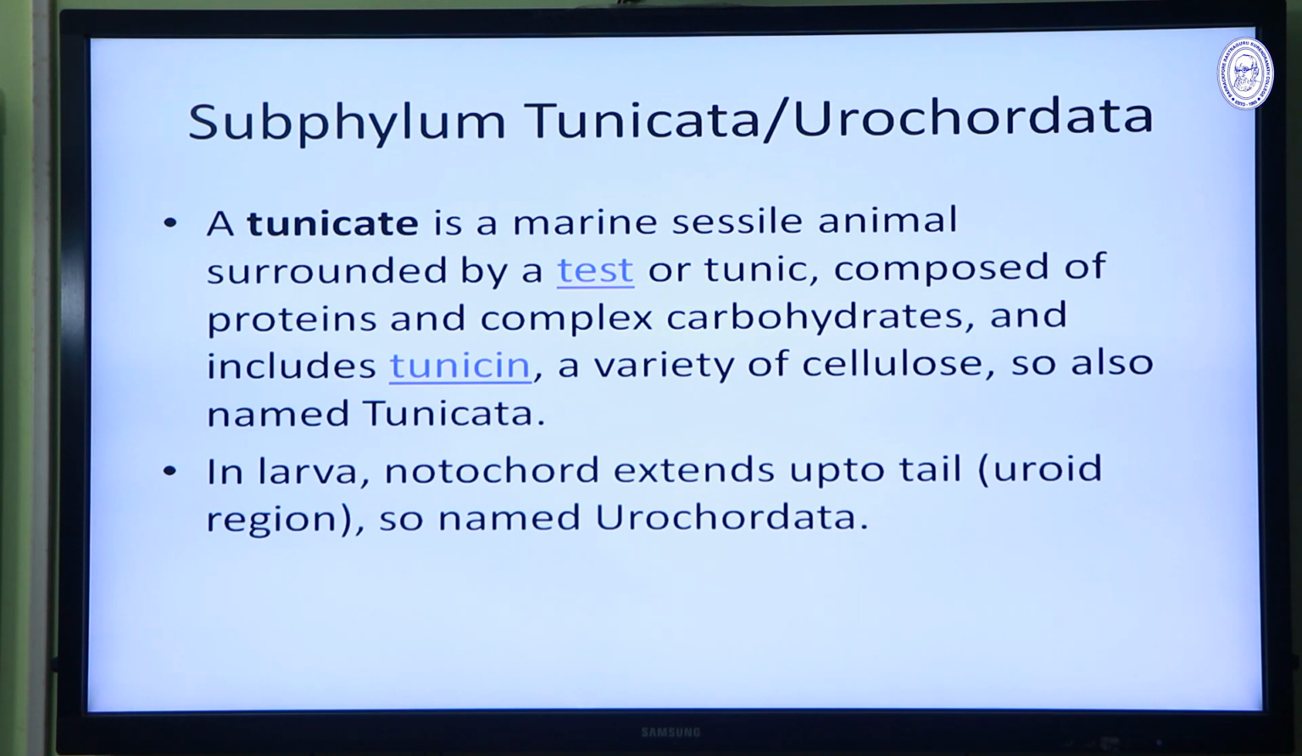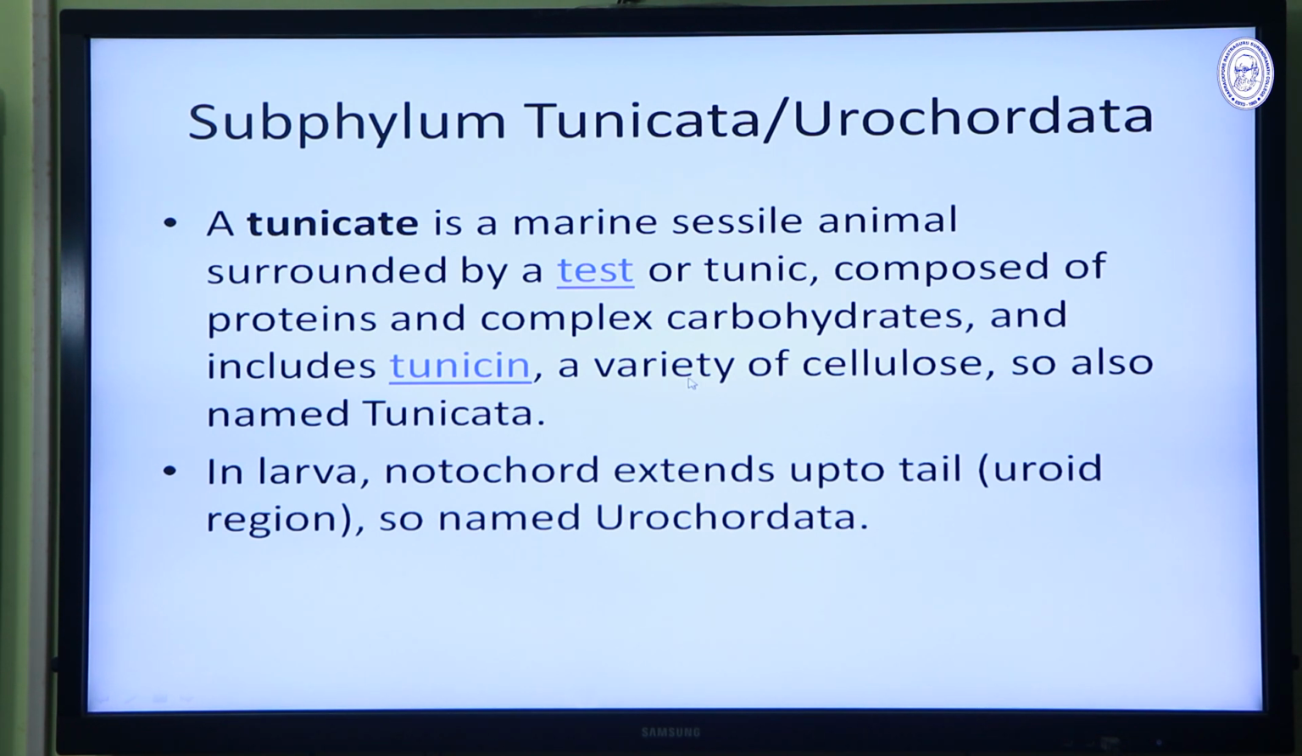The next protochordate is subphylum Tunicata or Urochordata. So, why this name? Tunicata, because these kinds of animals are marine, they live in the sea, and they are sessile because they cannot move or float; they are attached to a substratum. Their body is surrounded by a cover called test or tunic. The tunic or test is composed of a protein and a complex carbohydrate like cellulose, called tunicine, hence the